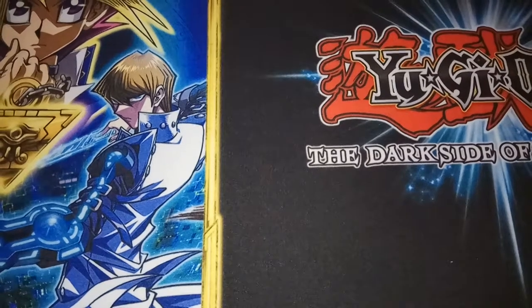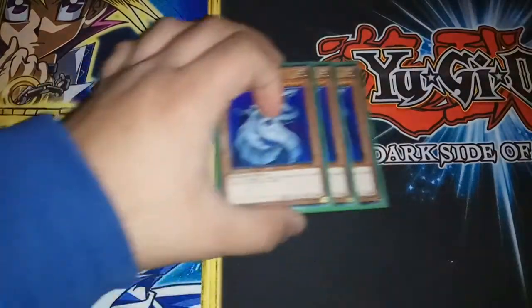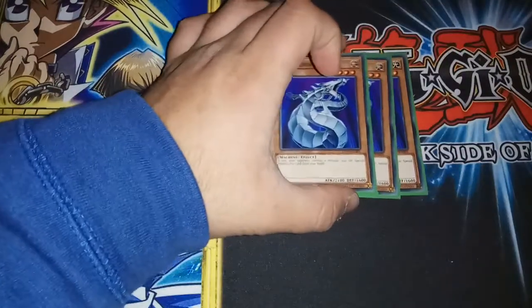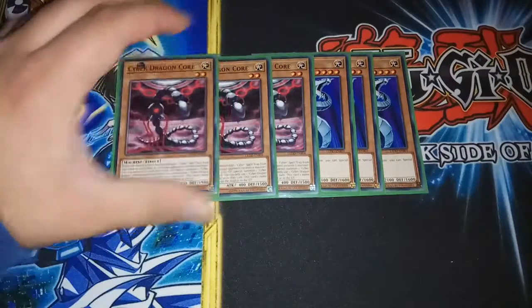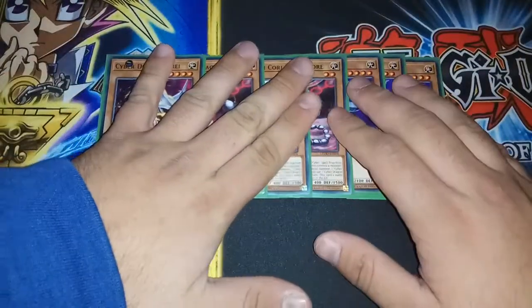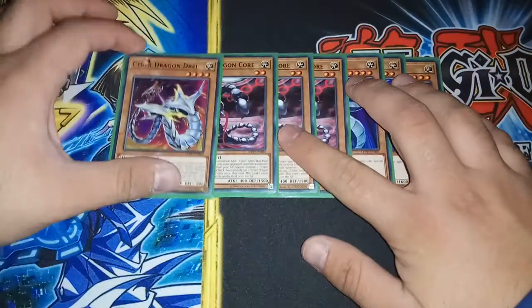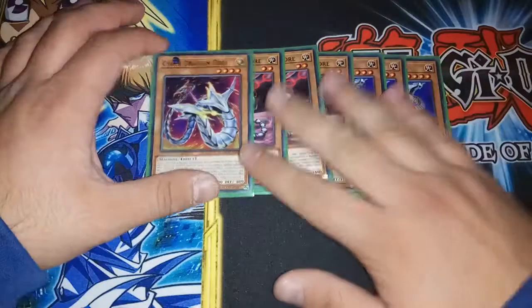So this is basically an interesting version of Cyber Dragon, so bear with me when we get to this monstrosity. To start things off, you want to run triple copies of Cyber Dragon, triple copies of Cyber Dragon Core, and then 1 copy of Cyber Dragon Dry. These are the 7 most important Cyber Dragon monsters